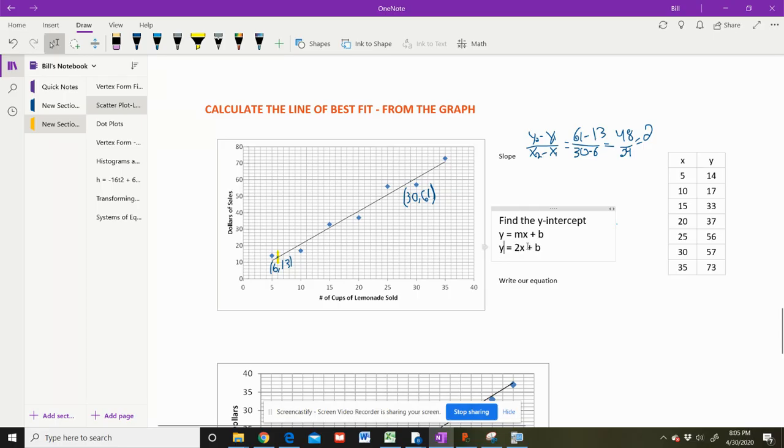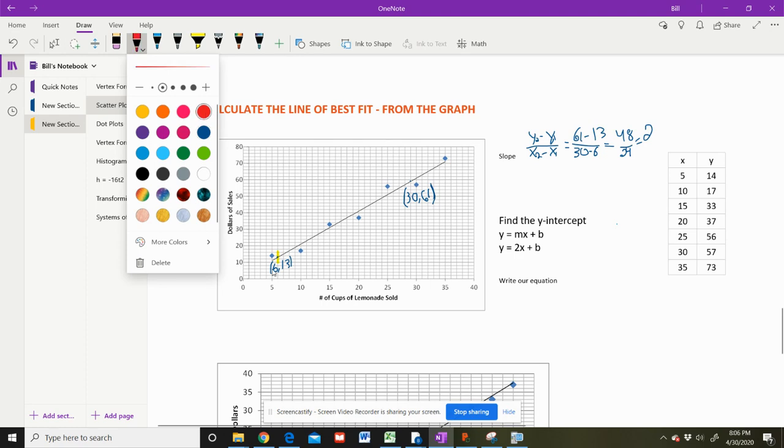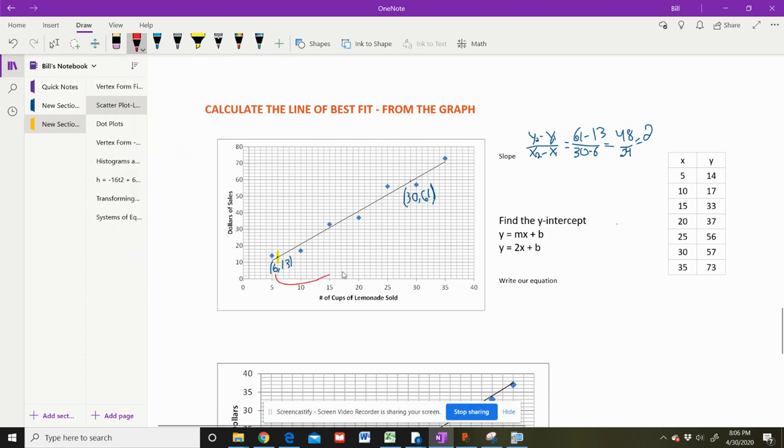I have a y and an x. So where am I going to be able to get numbers for y and x? Well, if we look back, we have 2 points that we picked. Every point is represented by an x and a y. So what we're going to do is substitute in our value of, let me just get a different pen color. Our x coordinate is going to go in for the x here, and the y coordinate will go in for the y here. So when we do that, we get 13 is equal to 2 times 6 plus